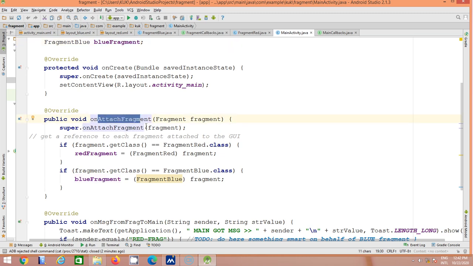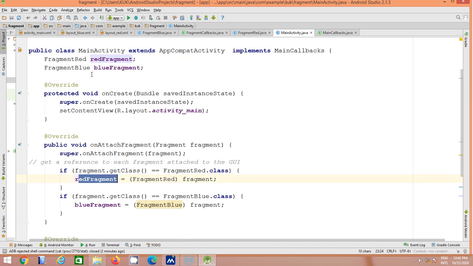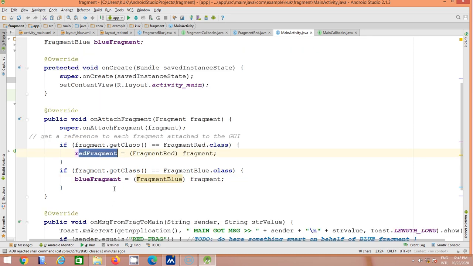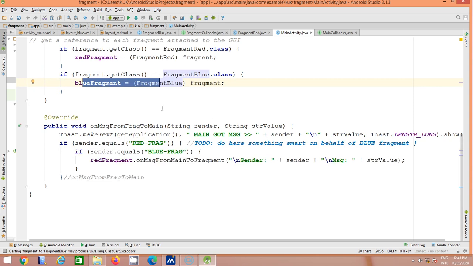With super dot on attach, we attach the fragment and get the reference for it. If the fragment's get class is the red class, the object is initialized to the red fragment. If the class is blue, then the blue fragment is initialized to our activity.